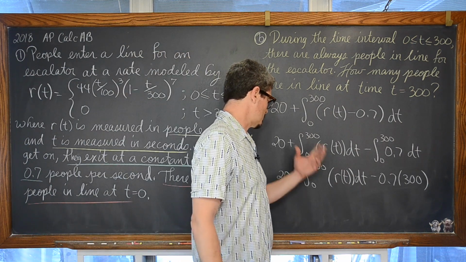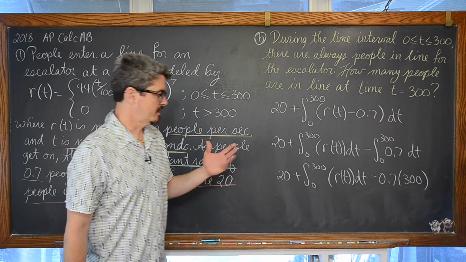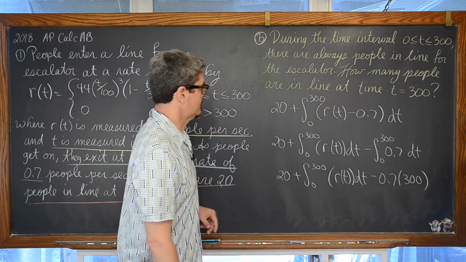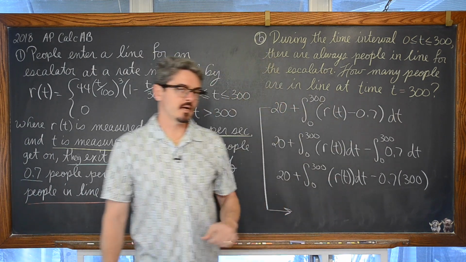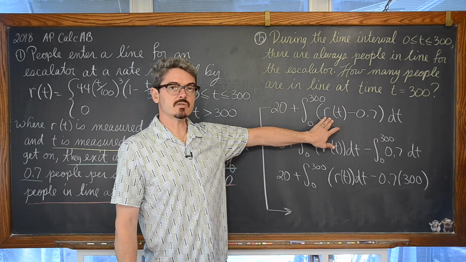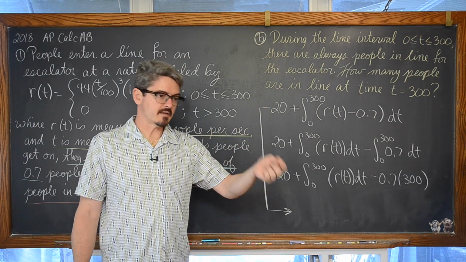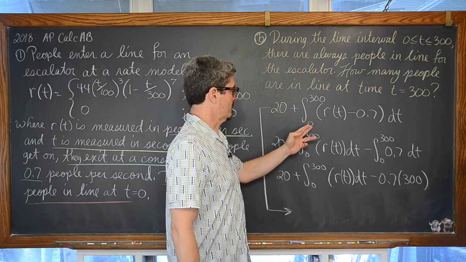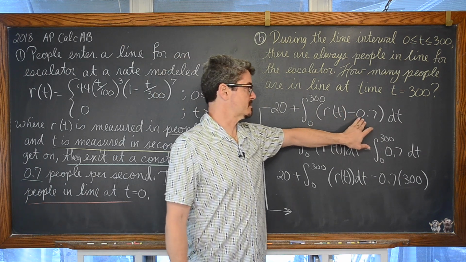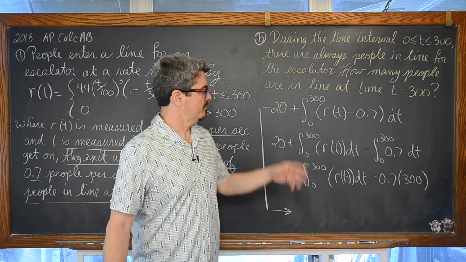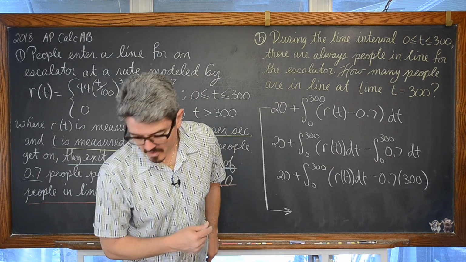It's 20 plus what? We said earlier 270 and then minus the 0.7 times 300. And this is a calculator-based question, no problem with that. You can just type this all in at one time using that saved function notation that I showed you before and just literally type in 20 plus and then go to math and calculate and then hit your integral symbol here where we go from 0 to 300. We have our function stored in y sub 1, so you'll do parentheses y sub 1 minus 0.7 close parentheses.